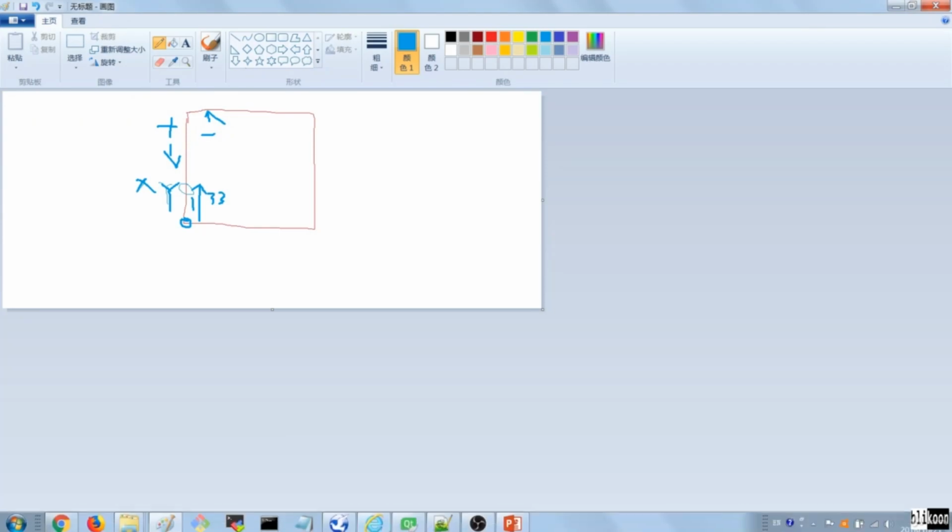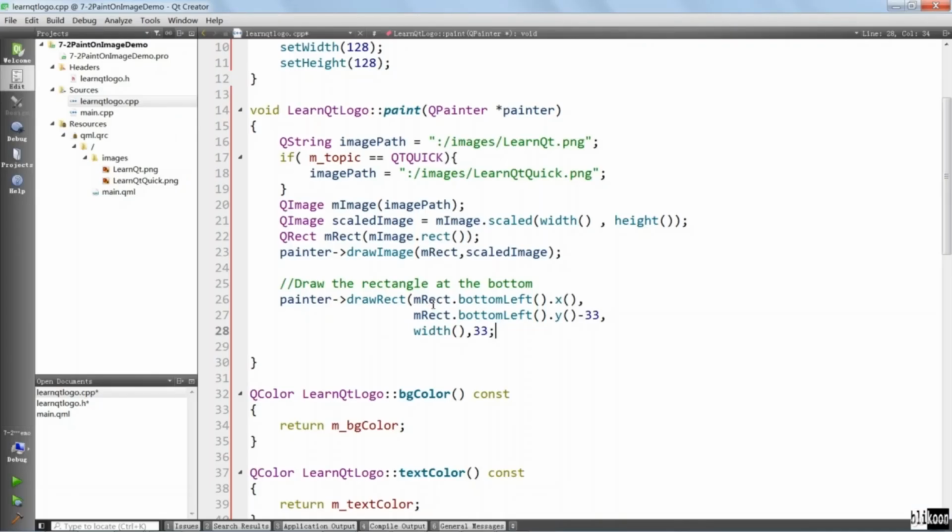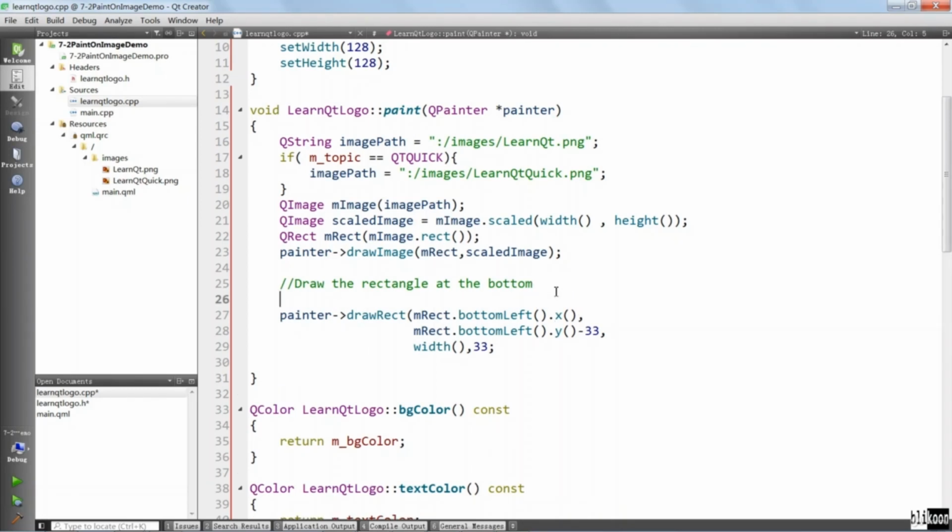I hope this makes sense. Okay, now we have drawn our rectangle here. Remember that this rectangle should be filled, so we should set a brush to it. The brush is really the filling color for whatever it is you are drawing on your image or on your paint device. So we're going to say painter, set brush, and the brush is going to be BG color